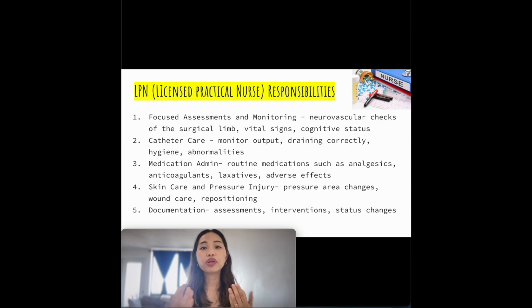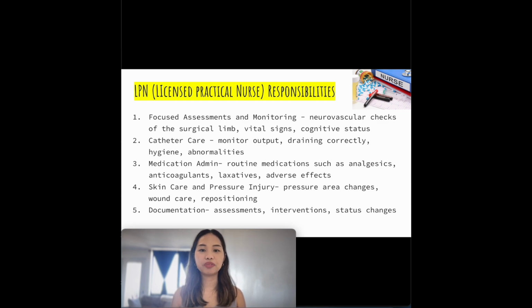administration safely. With the LPN, it's more routine medications such as analgesics, anticoagulants, laxatives, and monitoring the patient for any adverse effects, adverse reaction, and you can do some teaching too about medication. During your SLA, 100% you will be doing medication administration, so make sure that you are familiar how to safely